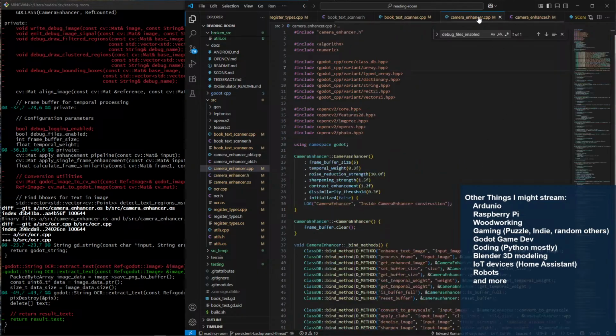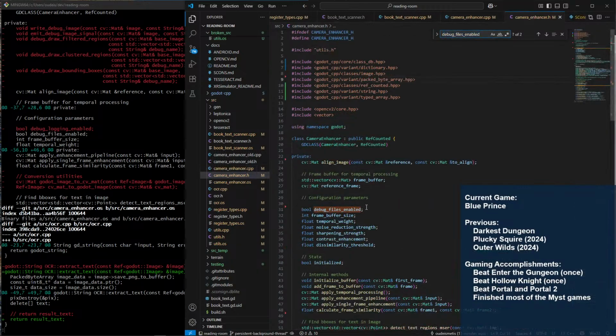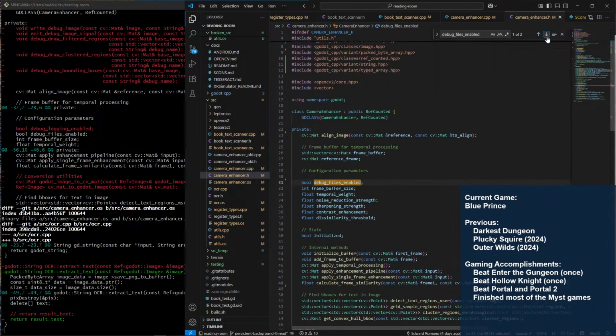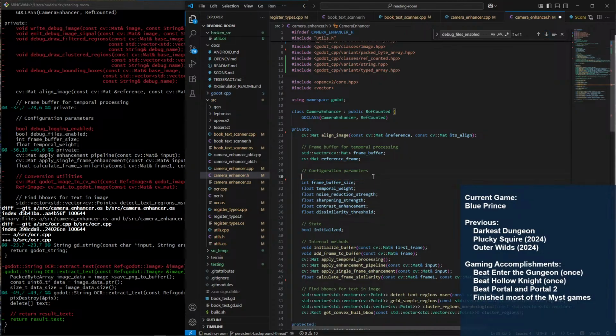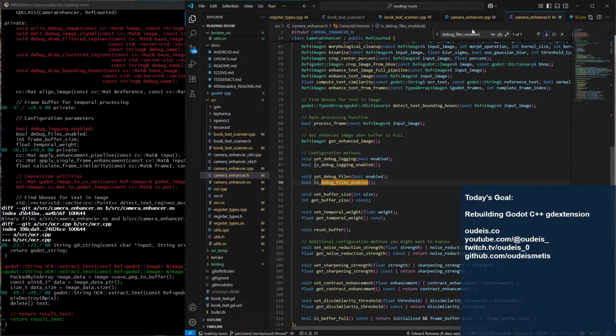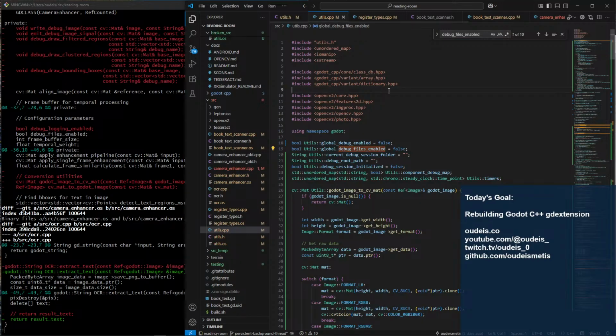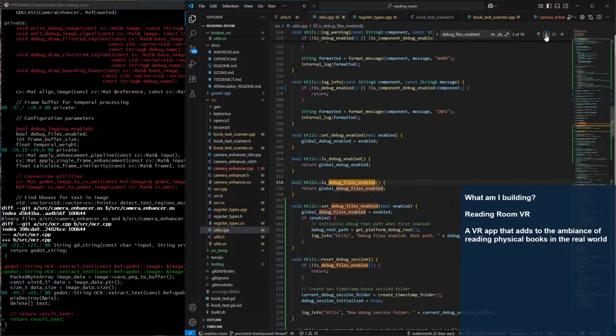That's not there anymore, right? Oh. But that is utils, right? Is debug files enabled?